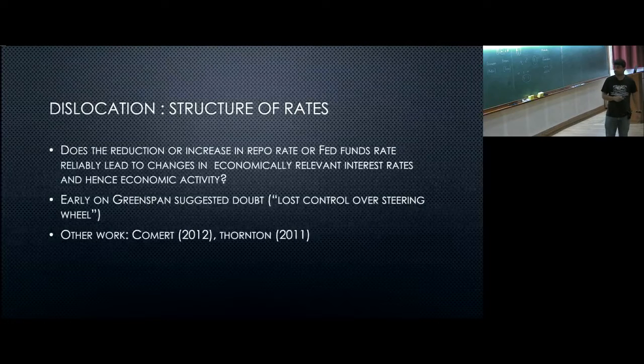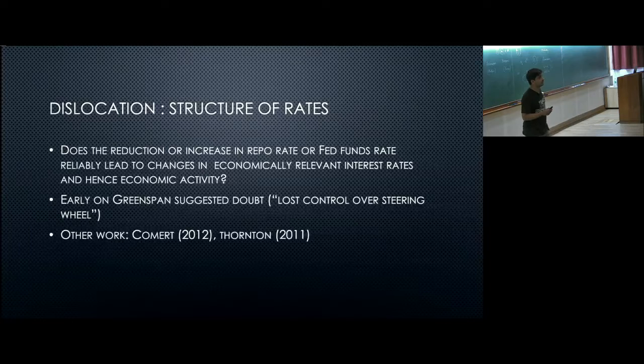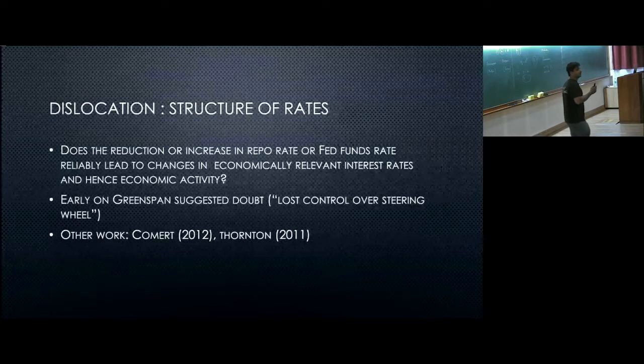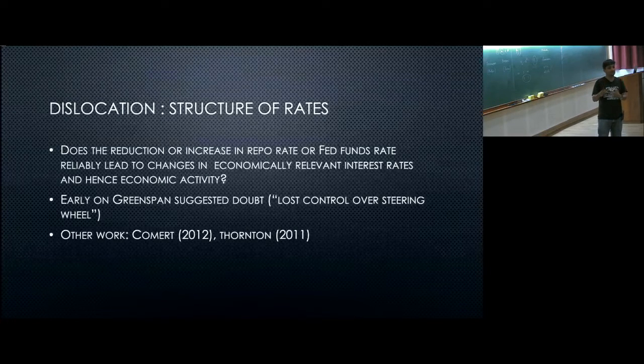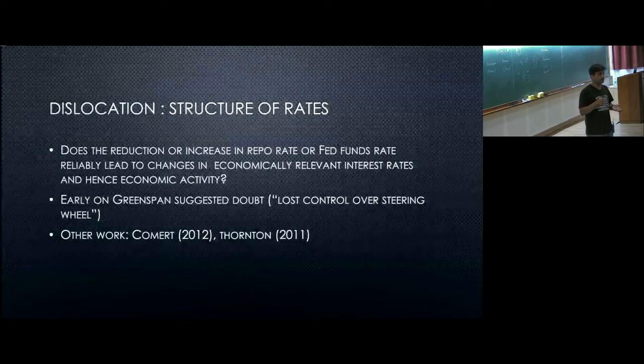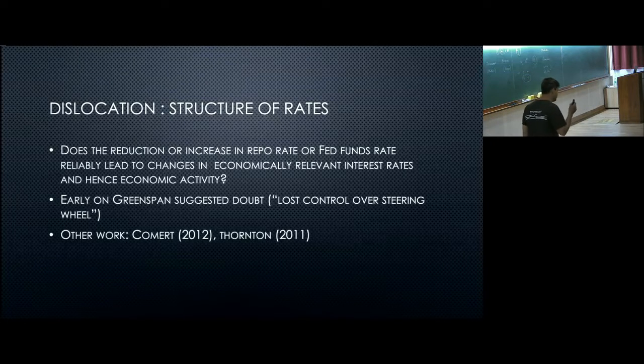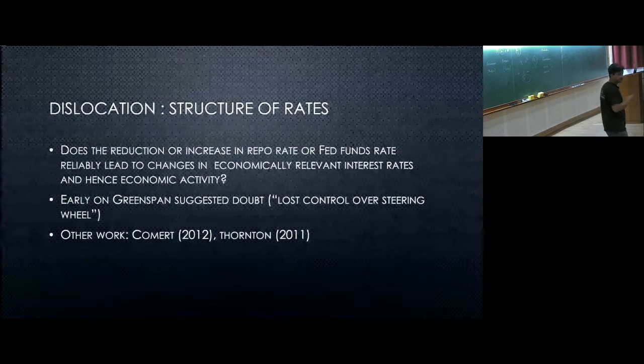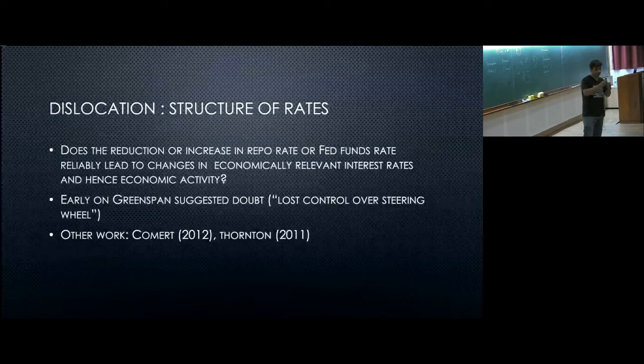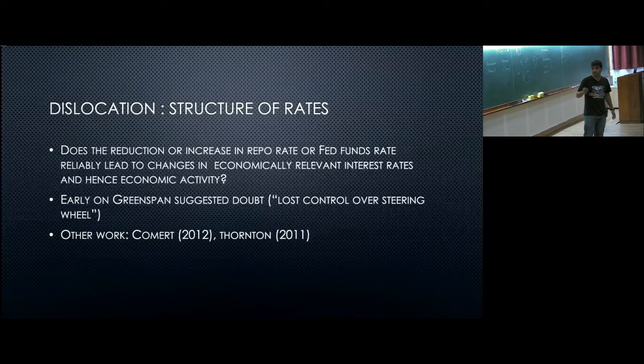What's the evidence? The evidence is actually quite slim. Early on, I'm talking about 20, 25 years ago, Alan Greenspan actually noted that the effect on final rates from changing the policy rate was becoming less and less. He called it losing control of the steering wheel of the economy. That was the way he put it. And a lot of people have studied this in the years that followed. Specifically, Hassan Jomer and Daniel Thornton have found that the relationship between the short rate and the long rate has started to fall away